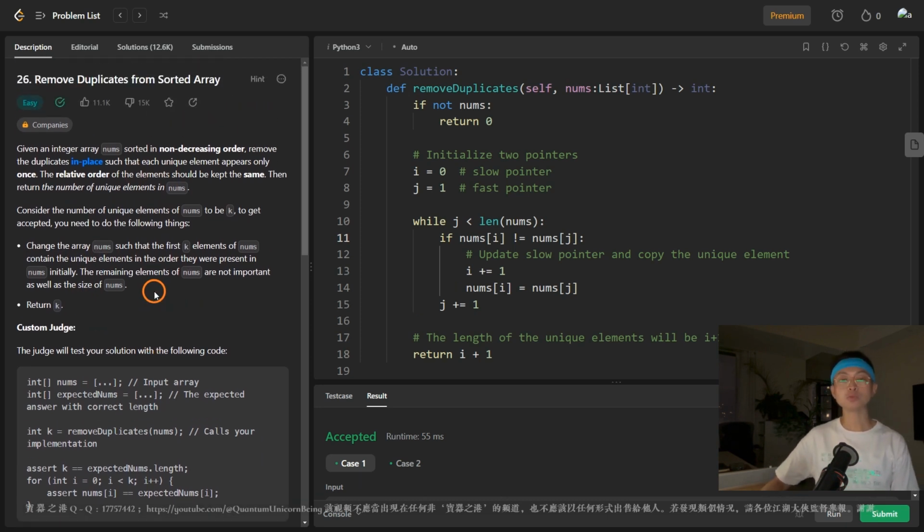The solution we will explore is based on a powerful technique known as the two-pointer approach. This technique is widely used to solve problems that involve manipulating arrays or linked lists efficiently. By understanding and applying this technique, you will not only solve this specific problem, but also gain a valuable problem-solving